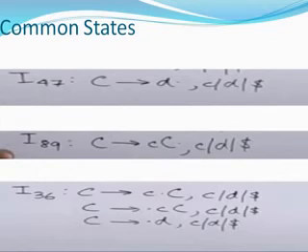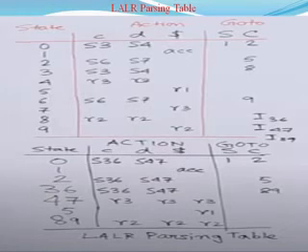So after processing the common state, the last and final step left over for us is to draw the parsing table for the LALR parser. While drawing the parsing table for the LALR parser, if we are aware of how we draw the SLR and CLR parser tables, it is the same manner. You can see this in this figure. The above is a CLR parsing table. For the same example, the below is an LALR parsing table.